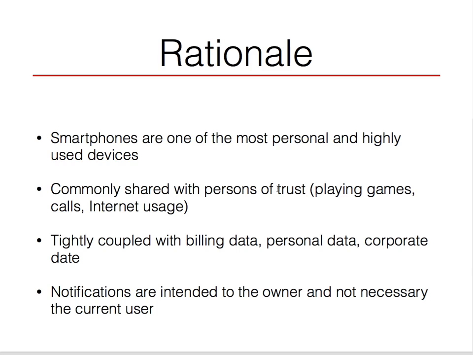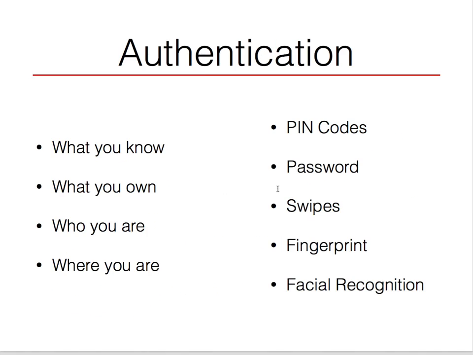Or else you share your smartphone with a friend or colleague and a notification is displayed, but that notification could contain some sensitive information. So in the aspect of authentication, we usually have four major factors: what you know, what you own, who you are, and where you are. And these generally manifest themselves in terms of PIN codes, passwords, swipes, fingerprint, and facial recognition, which are all active